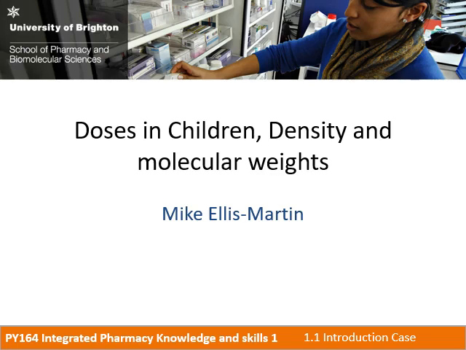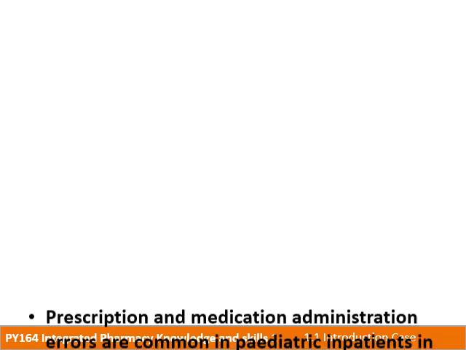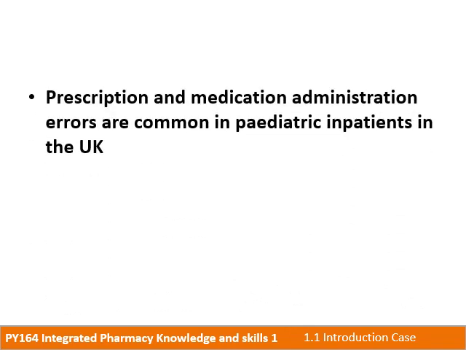So now we're on to the next section in the book, and the first of these is going to be around doses in children. What we're going to look at is how children respond differently to medications, and some of the considerations we have to take because of that. It's very common for mistakes to happen in giving children medications, and I think you'll see in the next few slides why that can be in a busy hospital. So very common for there to be errors,